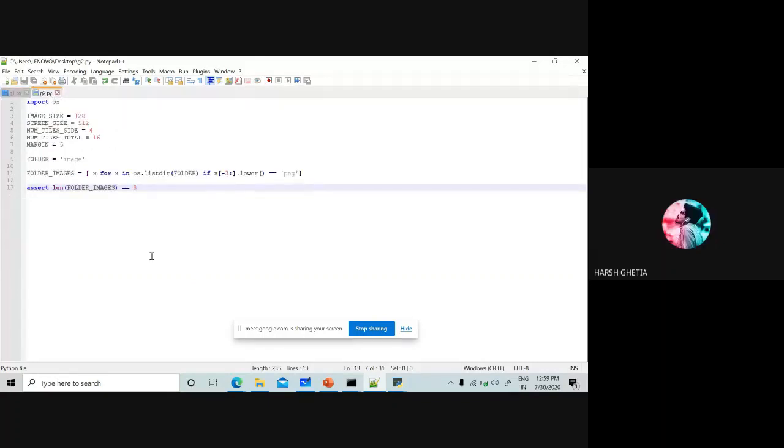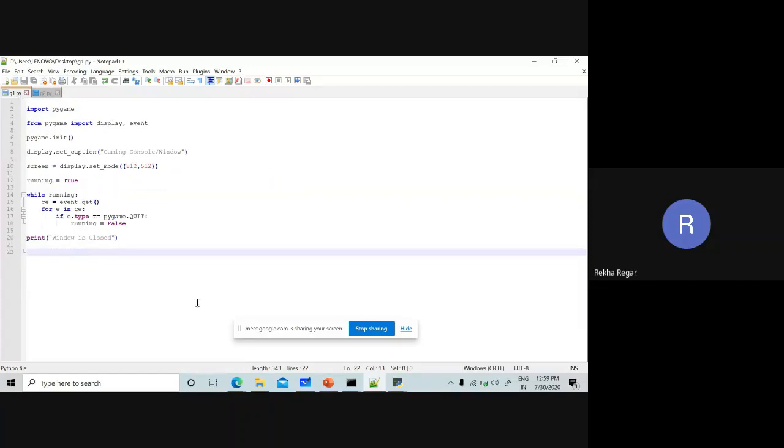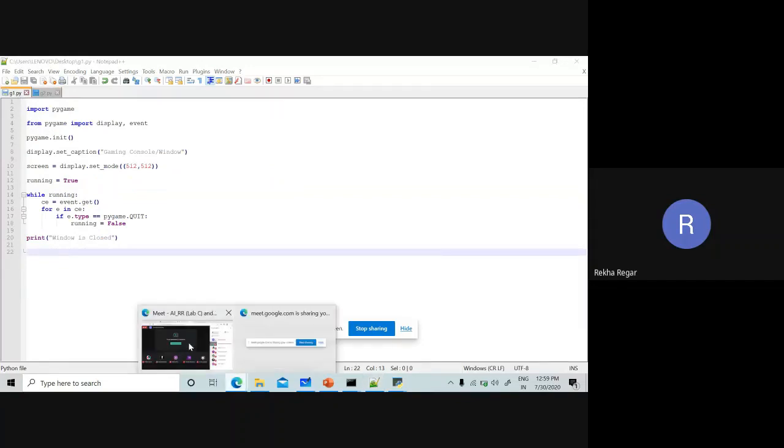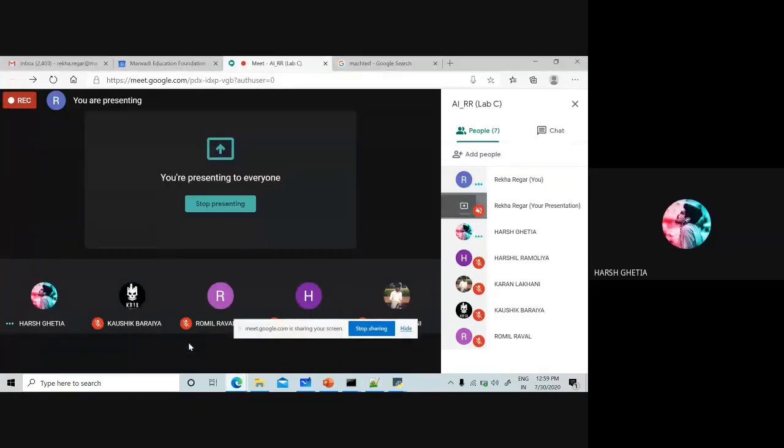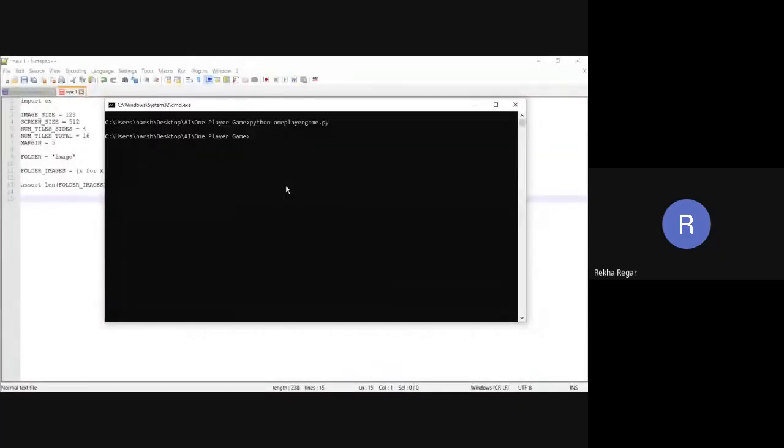Ma'am, I'm not able to initialize that console after installing Python. Should I restart my PC? No, just show me your screen so I can help you. What message are you getting? I have installed the Pygame module, but still it doesn't work. I used the pip command.